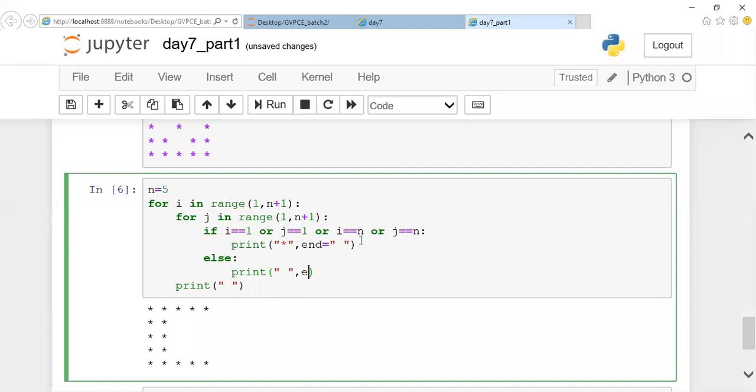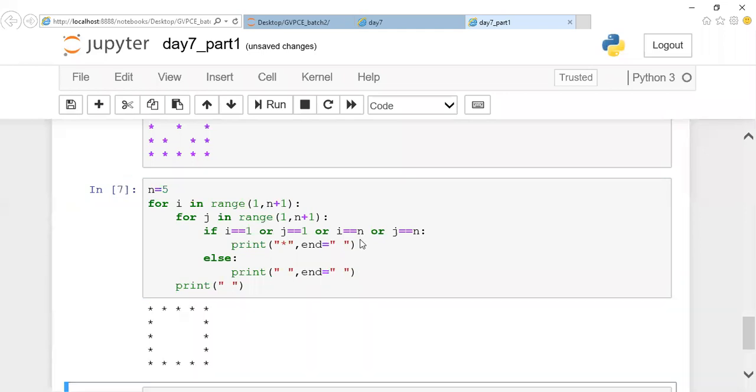So this code we have discussed already. The diagonal code we are going to extend along with it. So this one we did already, right? Whenever I want the outer skeleton alone, I know that this value is 1 and this value is n. So first row, first column, nth column, nth row has printed. Now if I want this diagonal to be printed, this diagonal alone, what can we do? What is the index position of this diagonal? 1 comma 1. Okay, this is 1, right? So 2 comma 2, 3 comma 3, 4 comma 4, 5 comma 5.